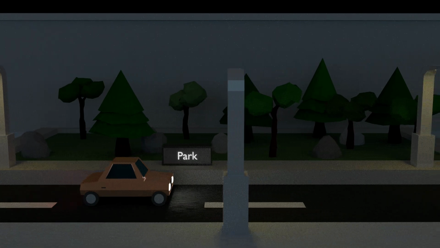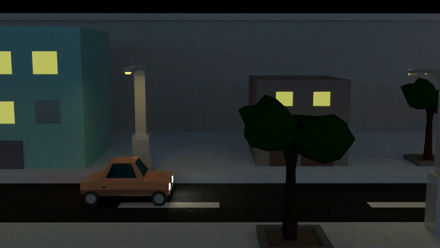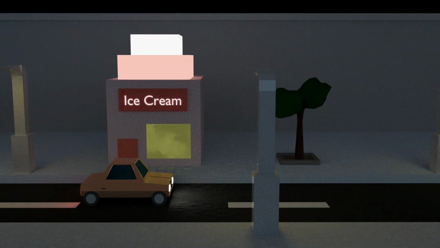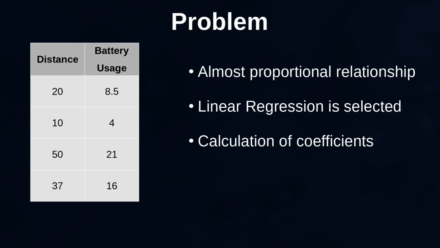Then you were almost going home, but you forgot to buy the ice cream, so on the way home you stop at an ice cream parlor and again collect other data, which in this case is 37 kilometers and 16% of battery usage. Once you reach home, you start to look at this initial data and you can find almost a proportional relationship. So you decide to collect more data over the next days and use a linear regression to fit this data. The main goal is then to find the best coefficients of the function which needs to describe